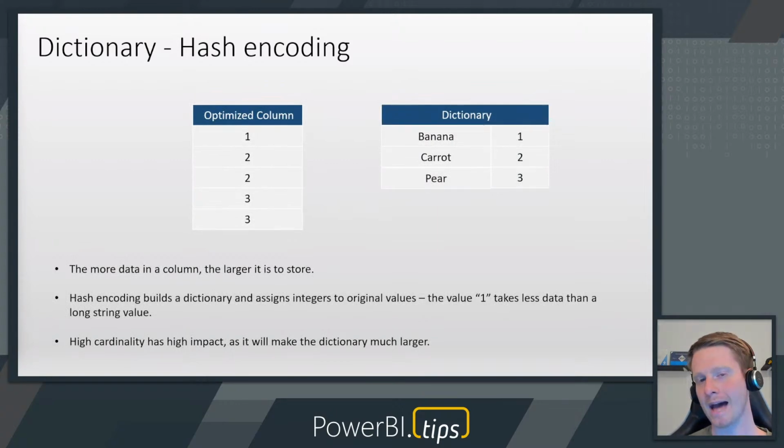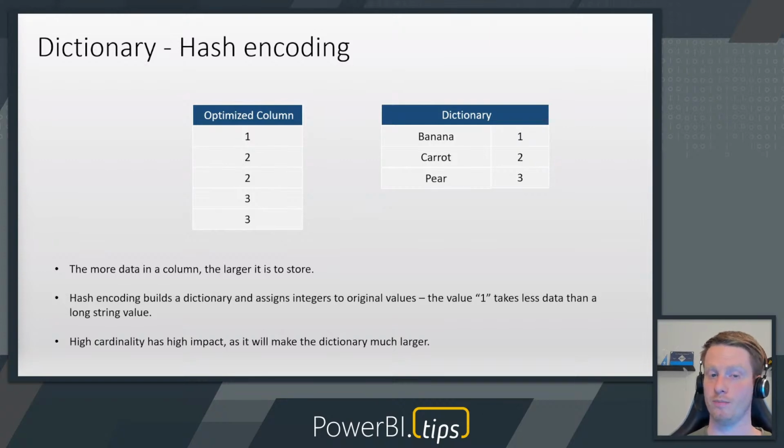So then we can add some more information. Now that might sound counterintuitive, but obviously on large data sets, this can actually help. So what we do, instead of saying carrot, banana, carrot, carrot, pear, pear, we can just give it the number we added to it, like a 1, 2, 2, 3, 3. Then over here we have a dictionary table. So even though we've added some information, what we've done is we've really compressed the values in the optimized column,